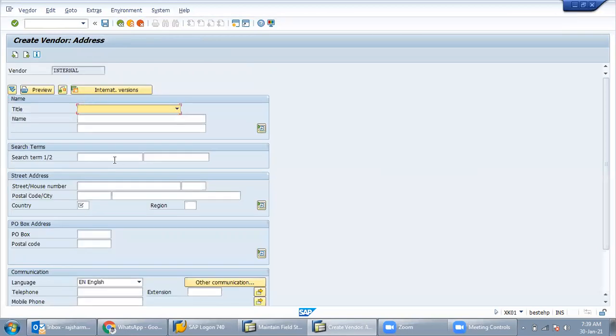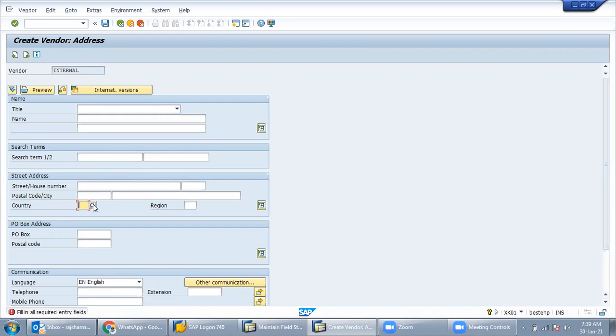See, when we create the vendor, the first screen will come like this. There are many fields like name, search term, street house number, postal code, and in the country field you will see a tick mark. The tick mark means that it is a mandatory field. When we click enter, it will show fill all required entries.